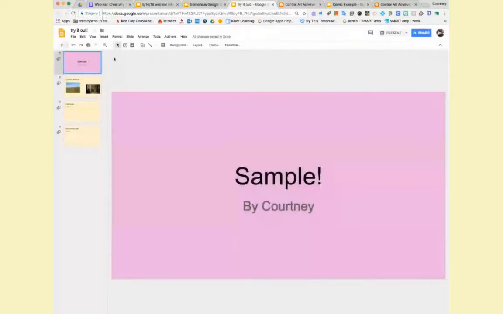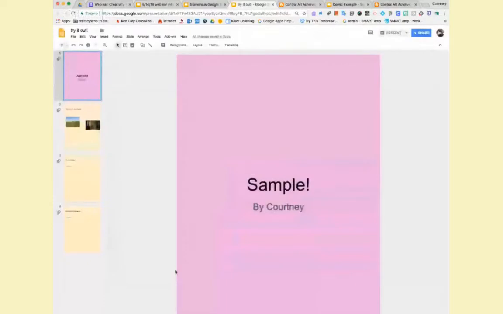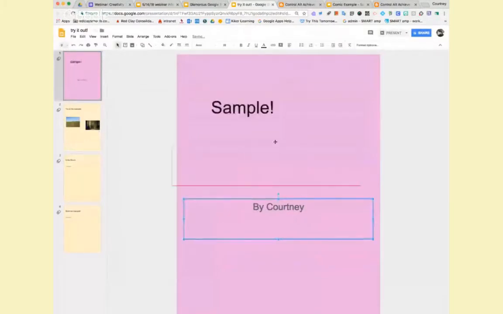So if I have this Slides presentation and you click File and Page Setup, this is where you can click Custom and then change the size of your slide. So now it's in inches and it's 8.5 by 11, the size of a piece of paper. Well, you can change it to the size of a piece of paper. And now this is really nice because you could have your text boxes